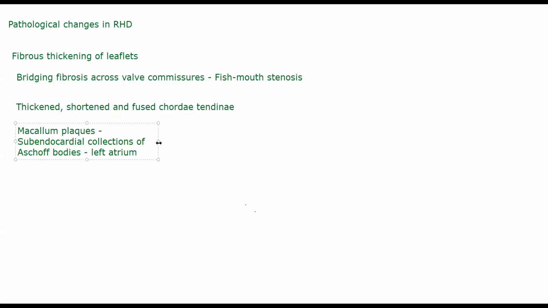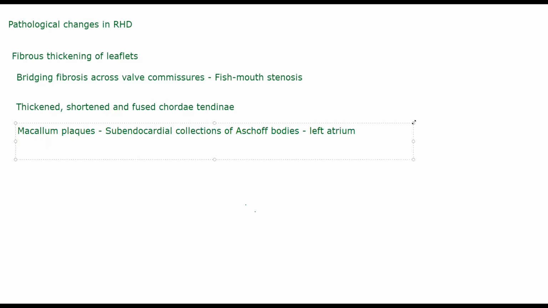So what is happening here is, I'll repeat once again, Aschoff bodies, the focal areas of fibrinoid necrosis, will start affecting your endocardium, specifically the area just under your endocardium, the subendocardium, okay, of your left atrium specifically, and they will cause plaque formation. All right, that area will become thickened and will have plaque formation. Those types of plaques are called MacCallum plaques. I'll show you the image for that. One second.